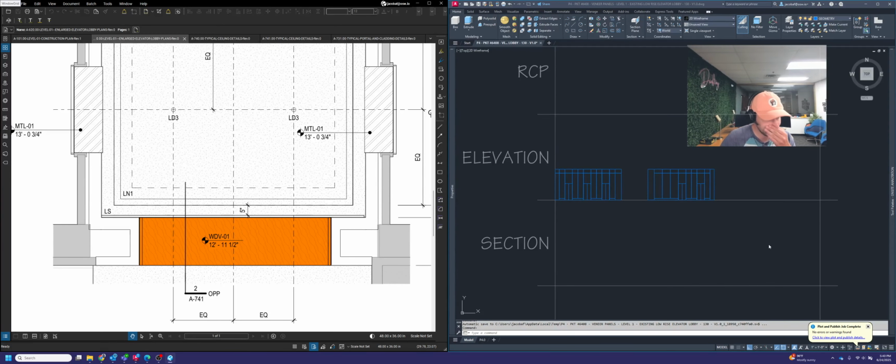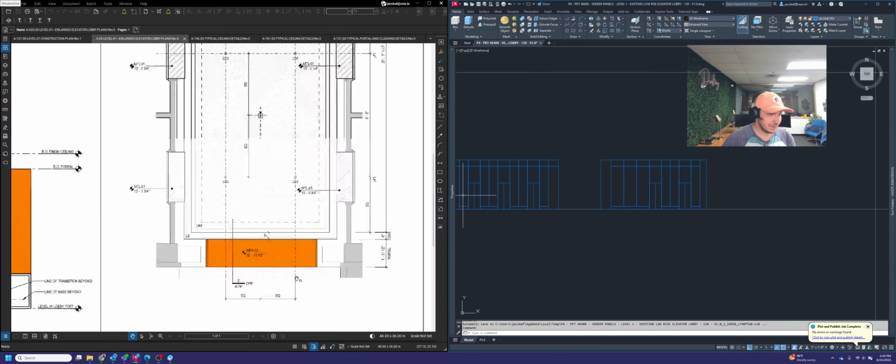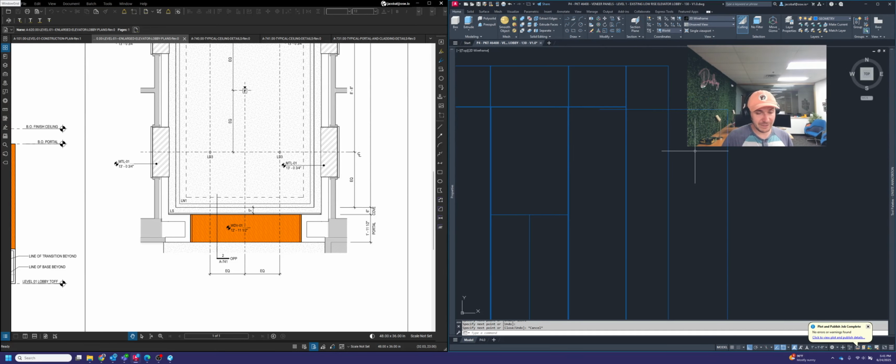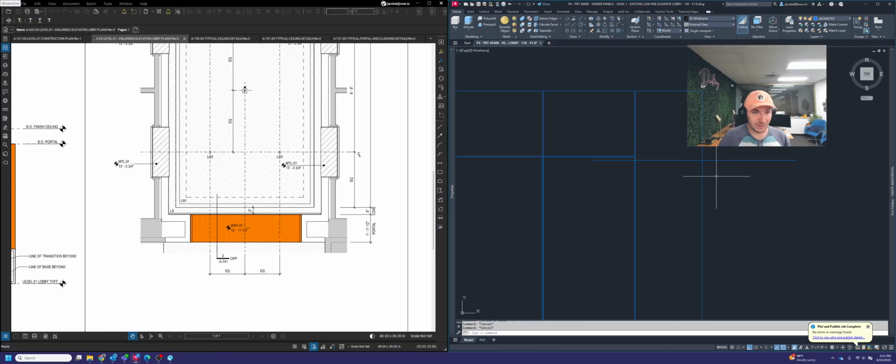155.5 inches. Just looking at this, if you need some reference here, this is a wider portal and this is a narrower portal. So the narrower portal at the back is the one that's shorter than the other, so it kind of makes it easier to remember. What I'm going to do is draw a line straight up from my floor line at 155.5 inches, or 12 foot 11 and a half, and then take a line straight across like this. You can now delete that line, that's just not needed anymore. And you can trim all of these back to here,